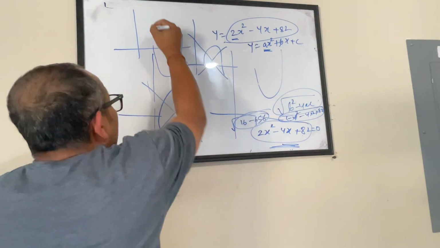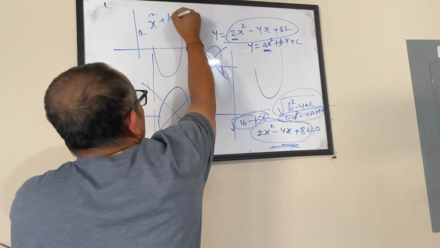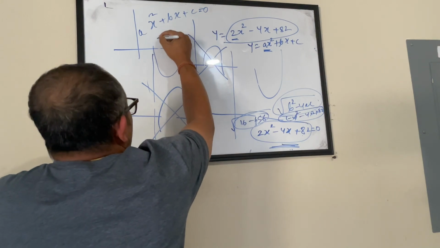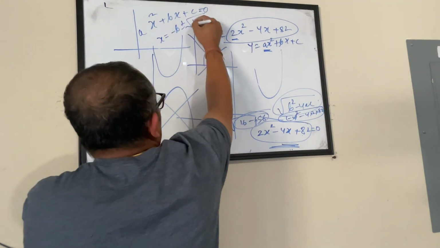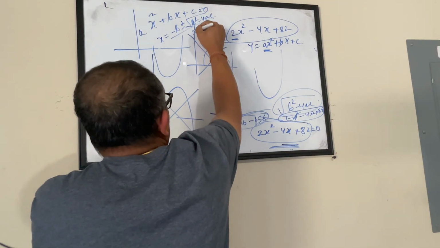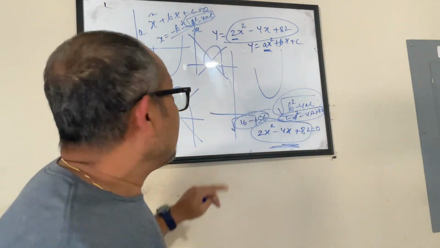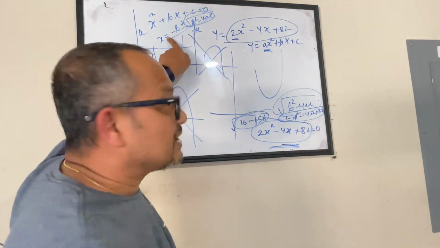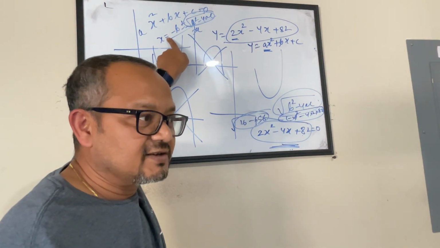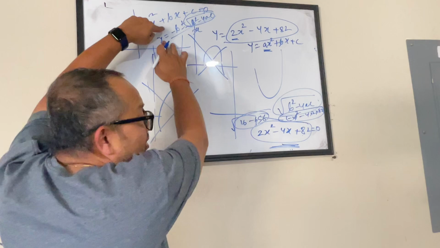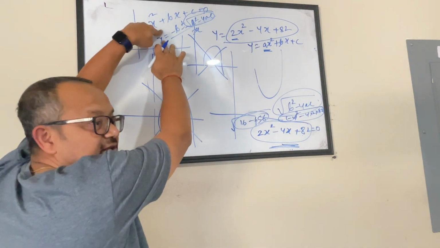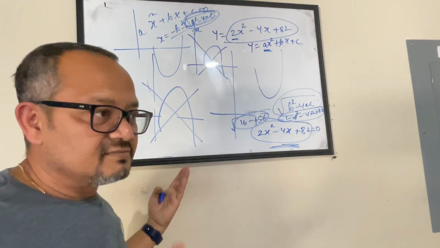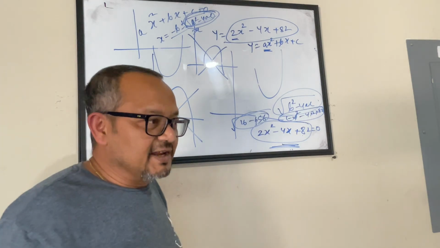My only bet, if I have ax squared plus bx plus c equals 0 as a quadratic equation, is that the two possible answers are minus b plus or minus the square root of b squared minus 4ac, divided by 2a, where b squared minus 4ac is my discriminant. If this becomes an imaginary value, that is the case where I don't have a real value for x, where I cannot solve it for x, meaning it will not touch my x-axis. So if I see this discriminant being negative, my job is done. I don't really have to do a lot of tricky calculation.